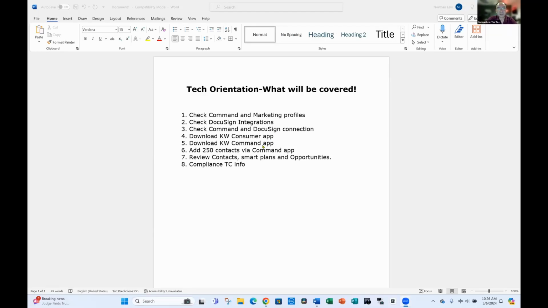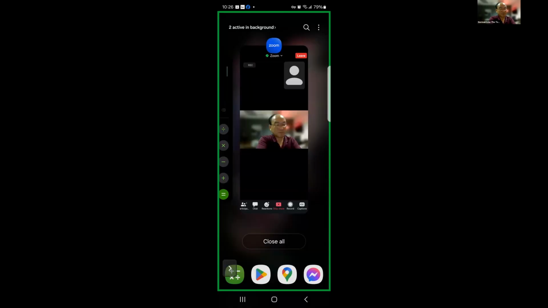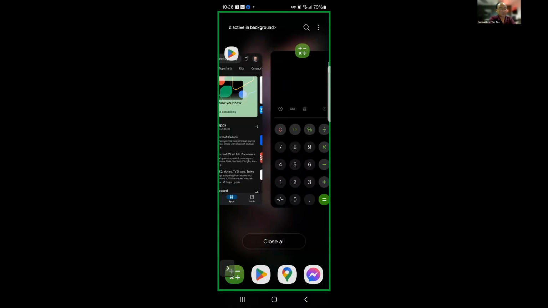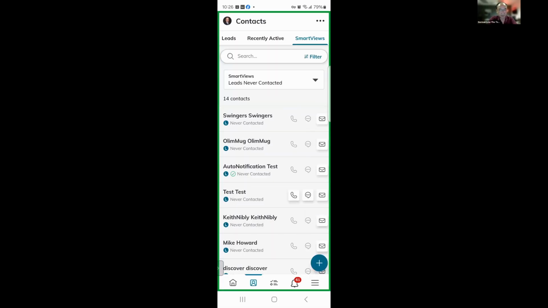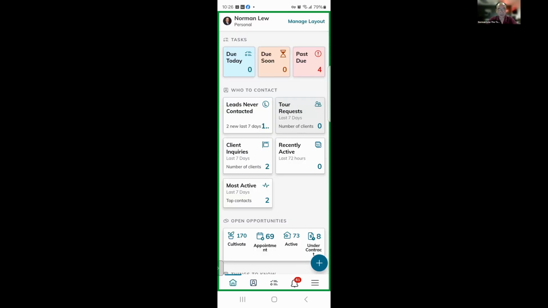So that's how you download your consumer app and your Command app. Add 250 contacts via Command app. Oh, look at that. Let me show you how easy that is. Get back into the Command app. Okay, so this was released a while back. Here is your Command app. I'm going to go to the home screen. It really doesn't matter. And so if I go into the contacts, which is that little man right here,